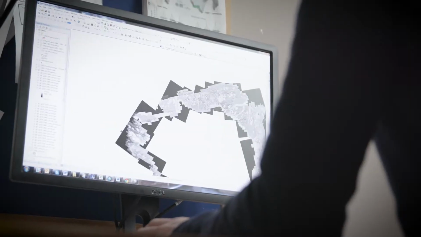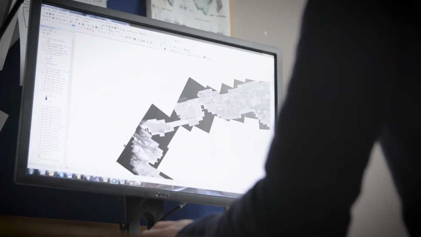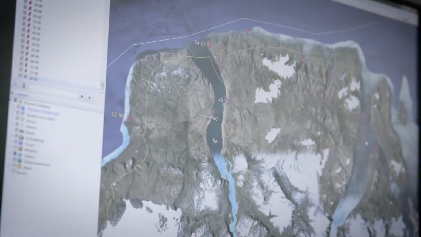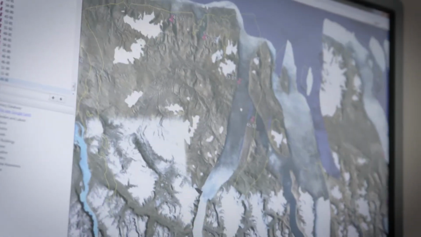I study how the coasts change in a changing climate. I do that both in a short time perspective and a longer time perspective. In the longer time perspective, we're interested in reconstructing Holocene relative sea level changes, as these tell us something about how the Greenland ice sheet affects the global sea level as well as the vertical land movements.